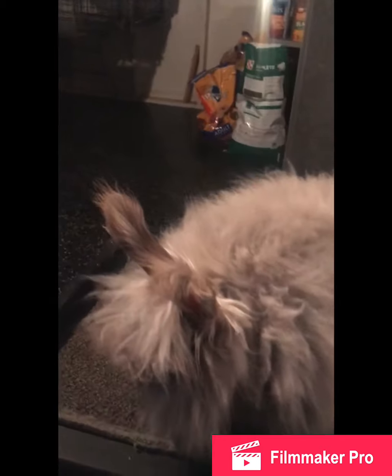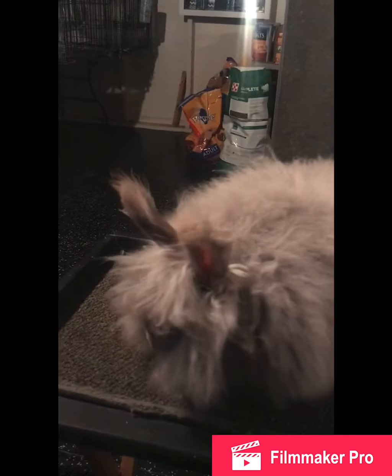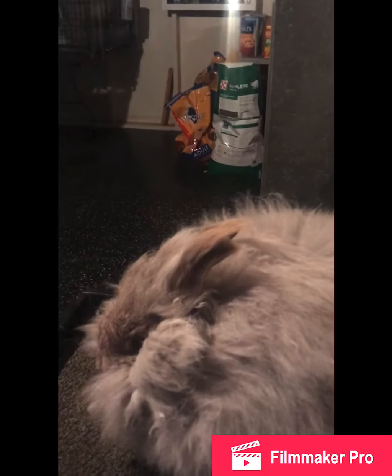She's a new bun of mine. I believe she's a chocolate chinchilla. She's got a pretty face. Recently got her. She was an outside bunny, and Rose has